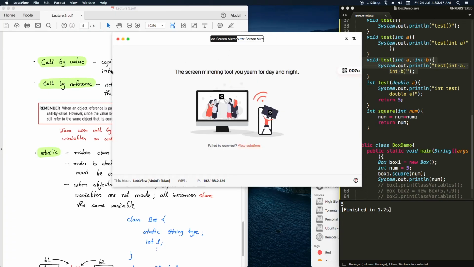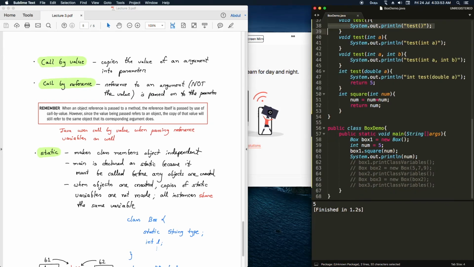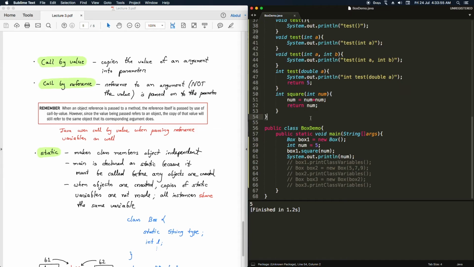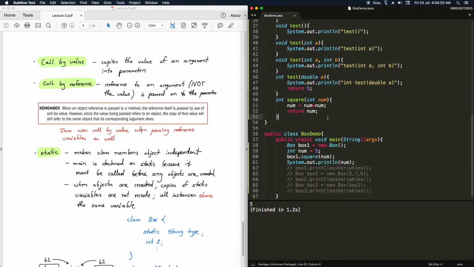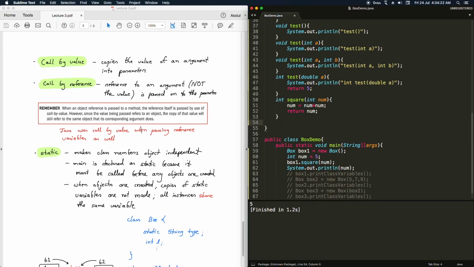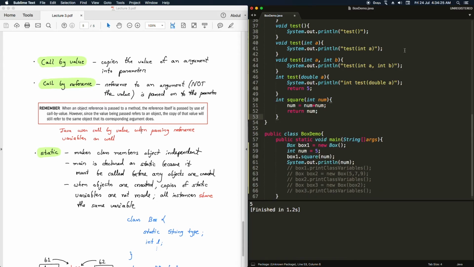So I hope I have been able to explain the concept or the differences between call by value and call by reference. So again, note that Java uses call by value when passing reference variables as well. So now let us do something interesting. Let us pass a reference variable. So suppose, just for this, let me create a new method. Let's call this. Okay, so I think instead what I'm going to do is end this lecture here since it's